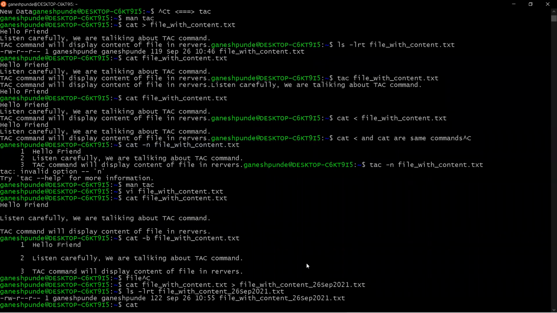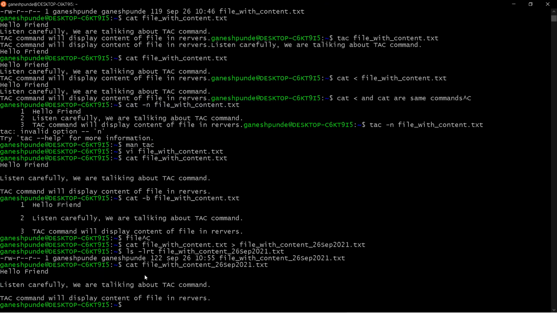right, and if I want to see the same file, you can see the same contents are there, right? So basically by using the redirection operator, this is the single redirection, right? This is the greater than operator, but in Unix this is called redirection. So we are redirecting the output of cat with file name to another file. So we are kind of moving the output of the cat command to some other file, right?